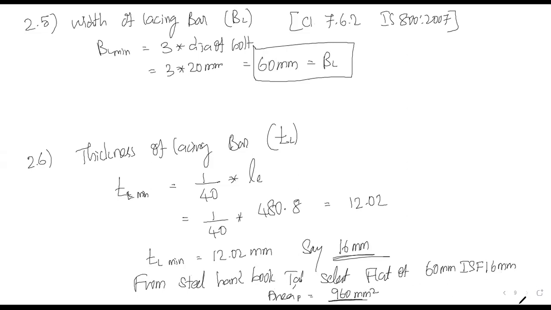Now we should move on to the transverse force, that is nothing but the shear force created in the lacing bar. Since the load is going like this, we have placed them so that the load can be distributed through these lacing bars also. That load we have to calculate in the form of shear. Whether the bolt can resist the shear or not, based on that we are going to get the number of bolts. That is our next calculation.